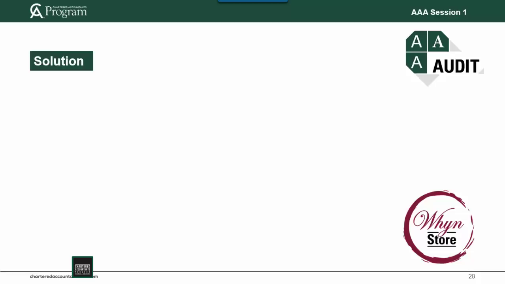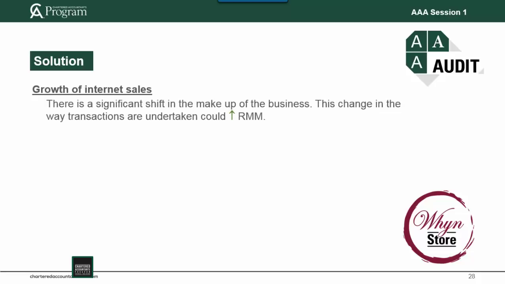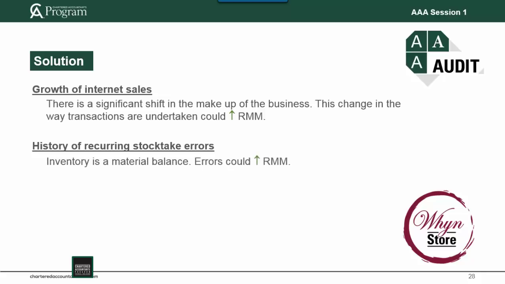In relation to the growth of internet sales, there is a significant shift in the makeup of the business. This change in the way transactions are undertaken could increase the risk of material misstatement. With respect to the history of stocktake errors, inventory is a material balance. As there have been stocktake errors in the past, this could increase the risk of material misstatement in the inventory